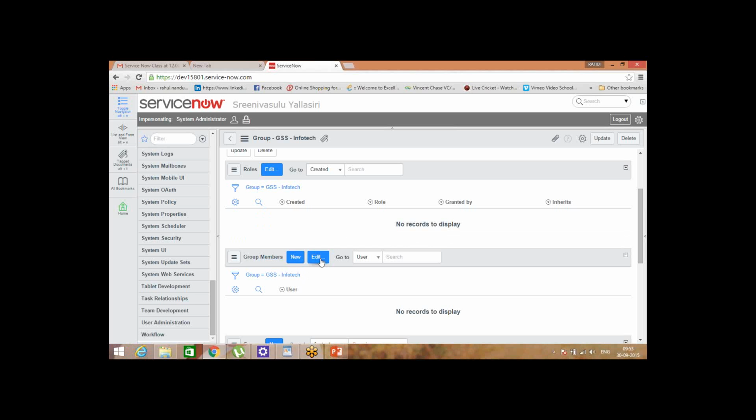Everyone able to see the group member under the group which you created? Yes. Okay, click on edit button. There are two options available here. One is new and one is edit button. If you click on new, it will take you to the user records again, and you will be able to create a new user record. Then you can add that record here. If you don't want to create a new record, there is a record that already exists in the system. You just need to click on edit. So I will select Rana as one of the members of this group. For that reason I'll click on edit button.